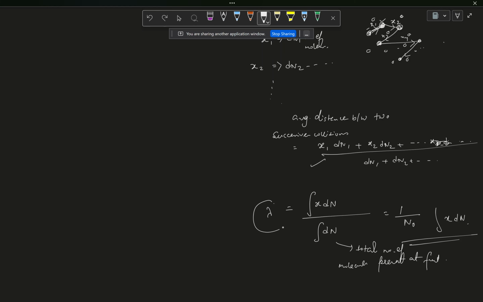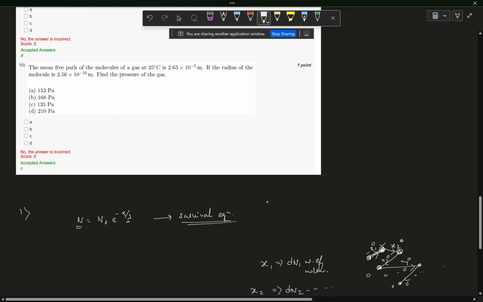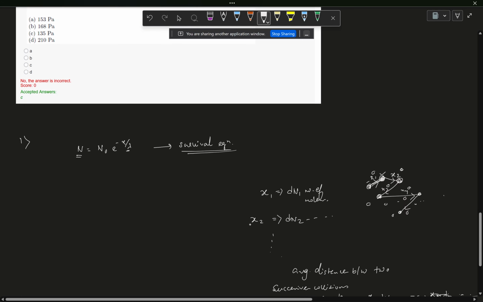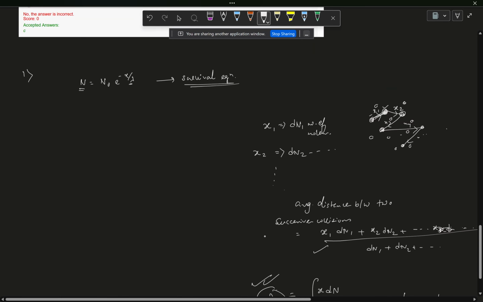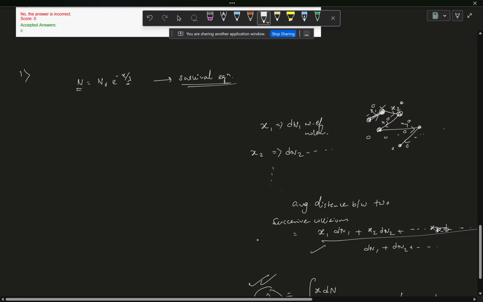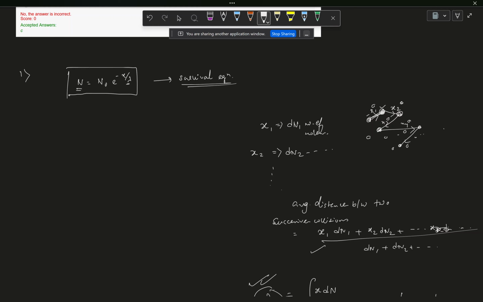So this is your mean free path lambda. But actually, if you say that this is the mean value of all the possible free paths over all the possible molecules present in that gas, then if this is a survival equation, it claims that the mean free path is already taken as lambda,